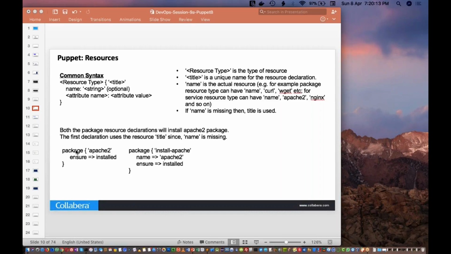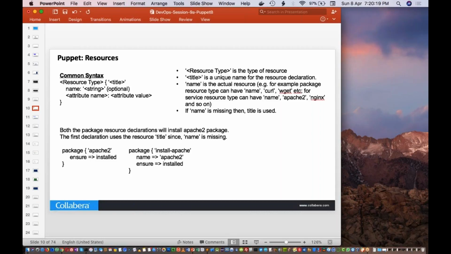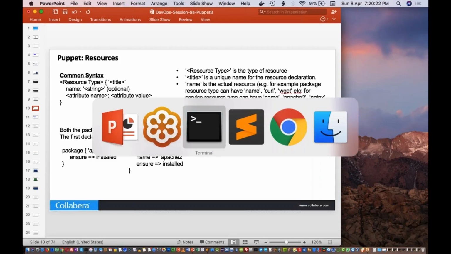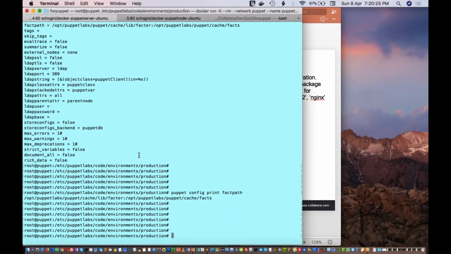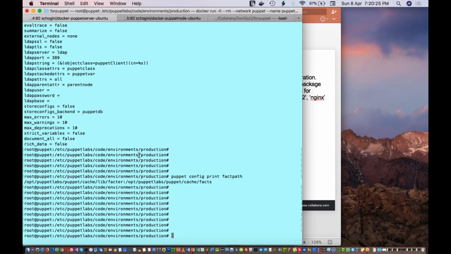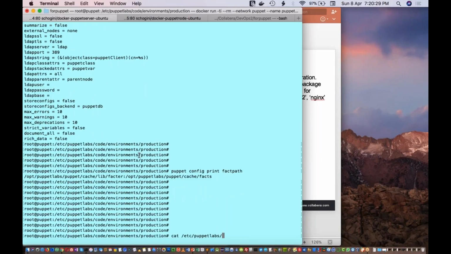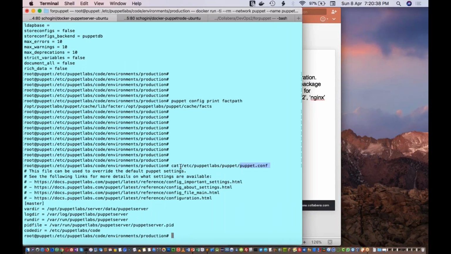Okay, so these are some examples of a package resource. Here Apache, like I'll show you. Before that, I'll show you this etc puppet labs, then puppet slash puppet.conf file. So see, there is one configuration file in this particular location.